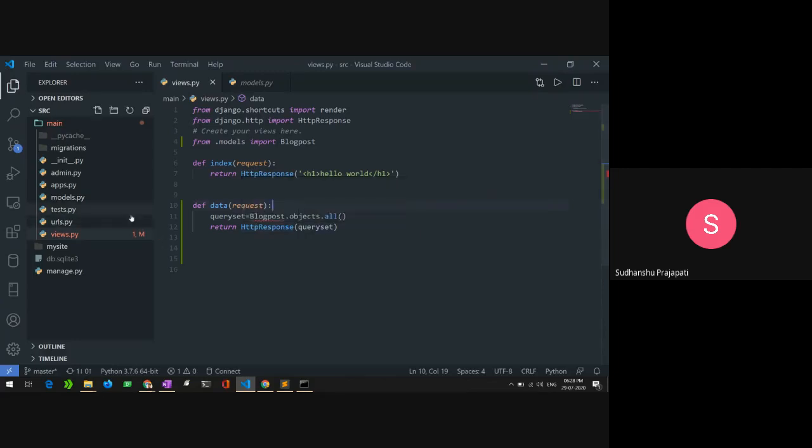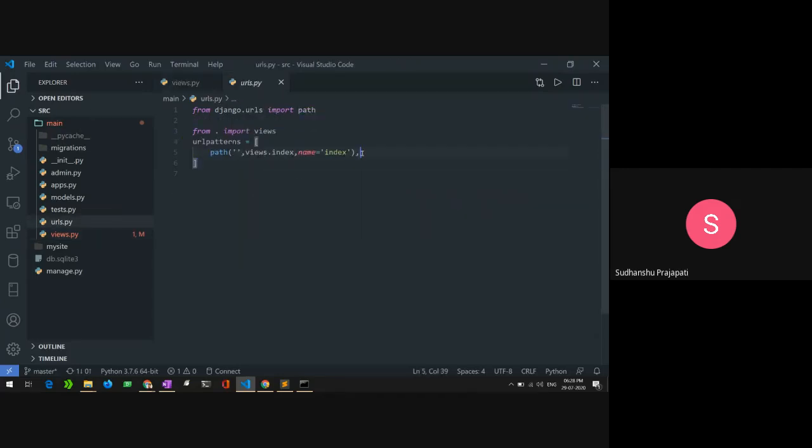set. So I will go into my urls.py file inside the main folder to configure the data view. I'll add a path, and if I give it the name list, my URL will be localhost/list.